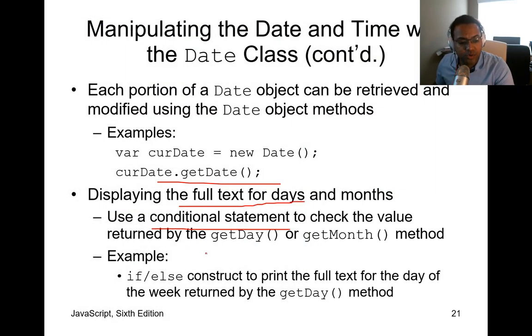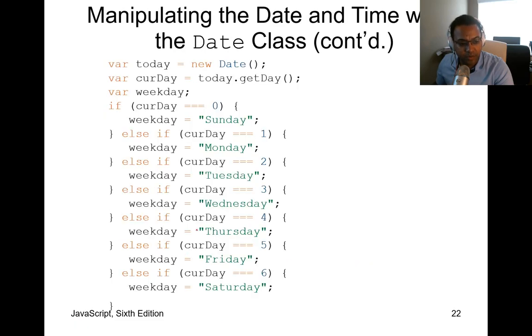You can create an if else construct to print the full text for the day of the week, returned by the getDay method. And here you go. What they did here was they instantiated the date. They then initialized today as a variable. They initialized curDay as a variable, and they loaded the day from today into curDay. And then they had a weekday variable to print the weekday that they wanted. Now this is completely unnecessary because I can take the weekday from the date without having to do it this way. I think the actual